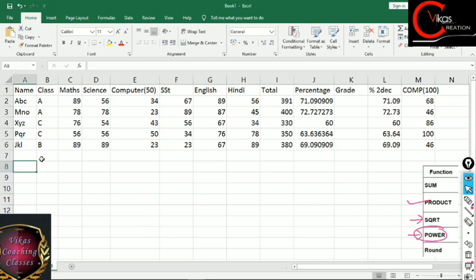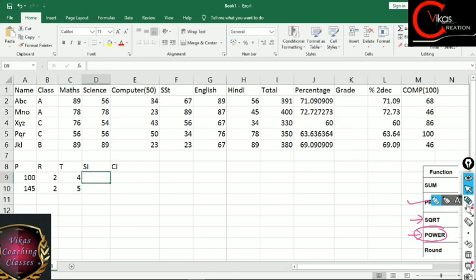Suppose you got a table, your teacher gave you some task, like there is a table, in this we have principal, in this we have rate, in this we have time. Fine. And then you have been asked to calculate two things, SI and CI. SI stands for simple interest and CI stands for compound interest. Fine, I am writing two values over this side only. Suppose principal is 100, rate is 2%, time is 4 years. And let's suppose it is 145, rate is 2%, time is 5 years.